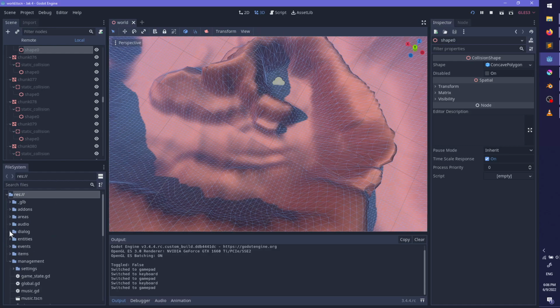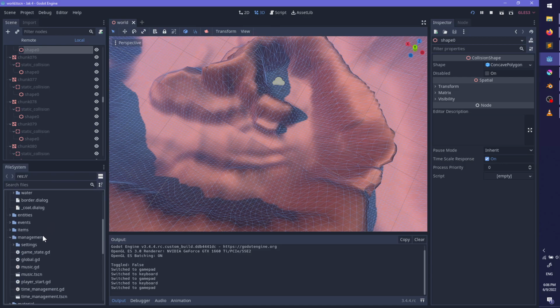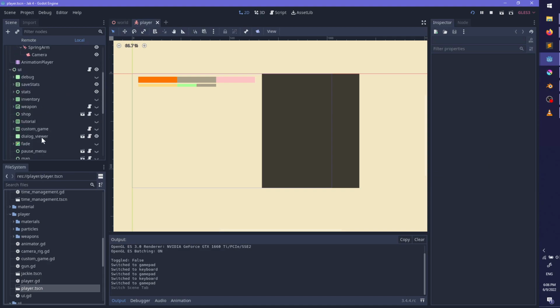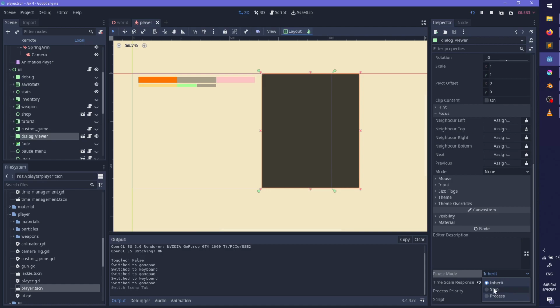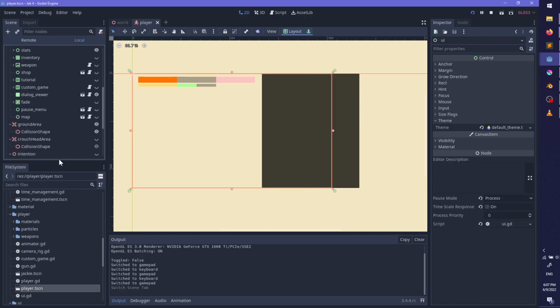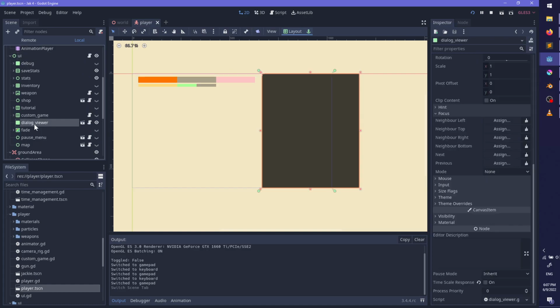The dialogue viewer should not be pausing. Clear. Wait, why is this? Okay, I think everything here. Well, no, I guess the dialogue viewers and these ones as well.